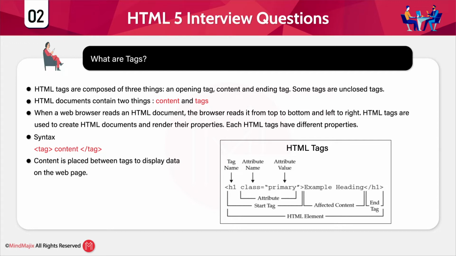Now, see, what do tags mean? Tags are used to present the data on the web page. A tag is an HTML element which is used to prepare the document, to place the content on the web page. See, this is the tag, opening tag and closing tag. The content which is placed between the tags is placed on the web document or web page.